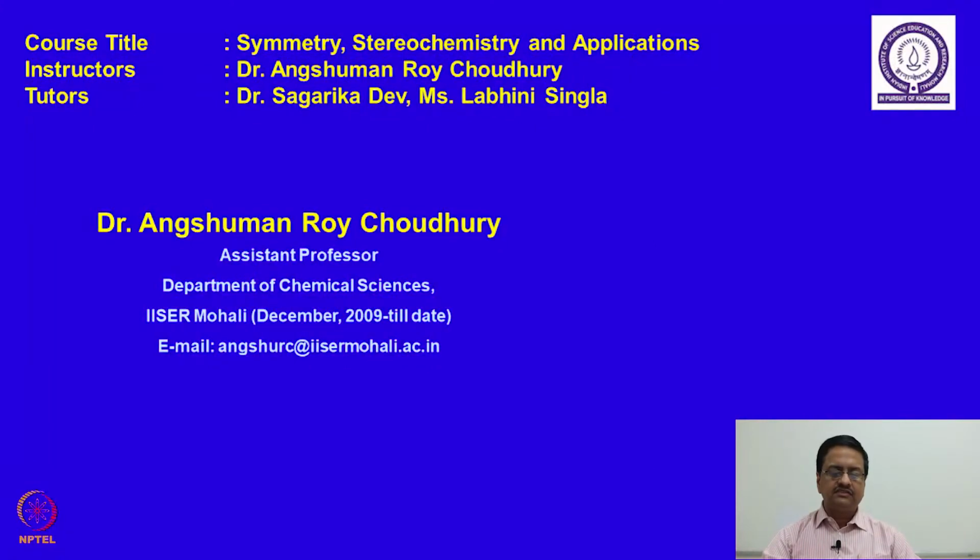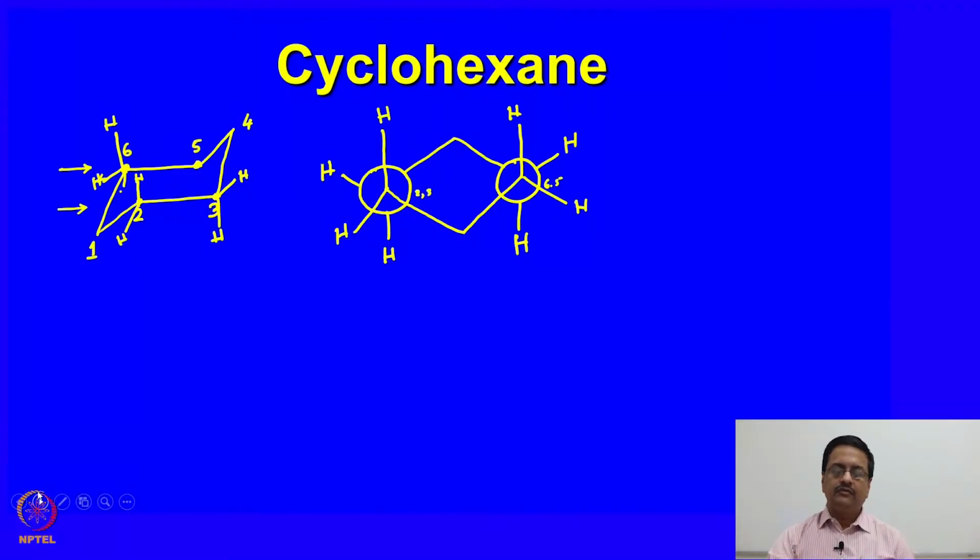Welcome back to the course on symmetry, stereochemistry and applications. In the previous lecture, we were discussing the conformation of cyclohexane in the chair form, and trying to understand how we can draw the molecule using the Newman projection. As you have seen, these two hydrogen atoms which are on the central carbon atoms